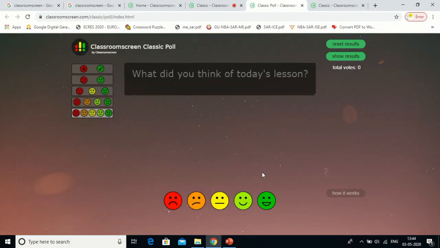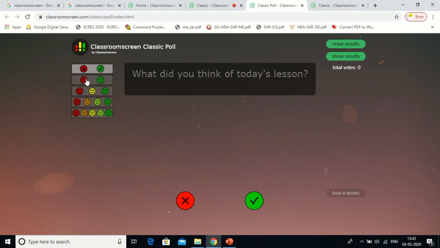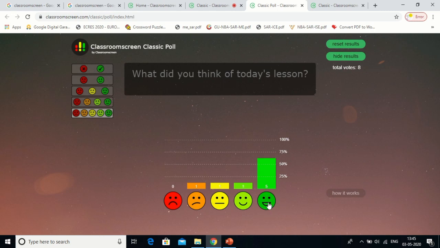In a polling option, you can ask the student whether they really like the lesson, or how they feel about the lesson. There are options available about the smiles, that is a plus and minus option, the smiley option is there, then the smile option is there, then 3 smiley, 4 smiley and 5 smiley and so on. So if I'm giving okay, it was okay, it was very nice, it will show me the result also, that yes, 8 people voted for it and out of them 5 said very nice. So it is working for you.